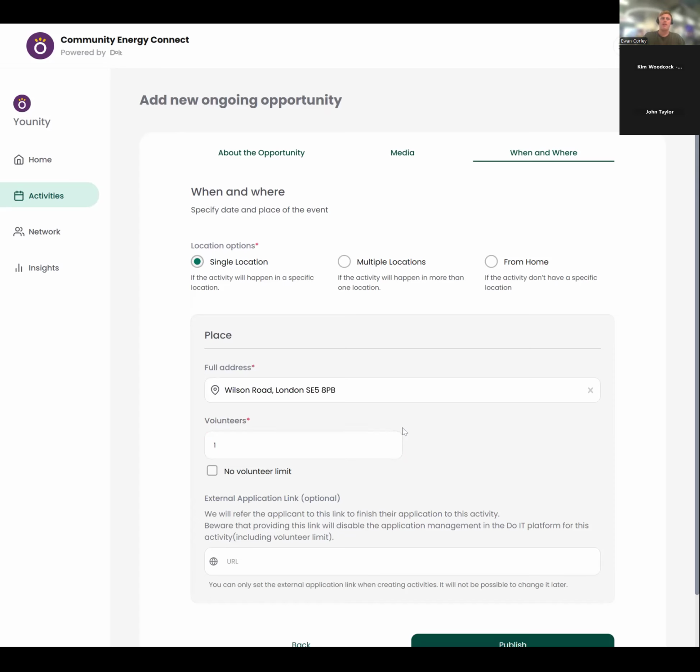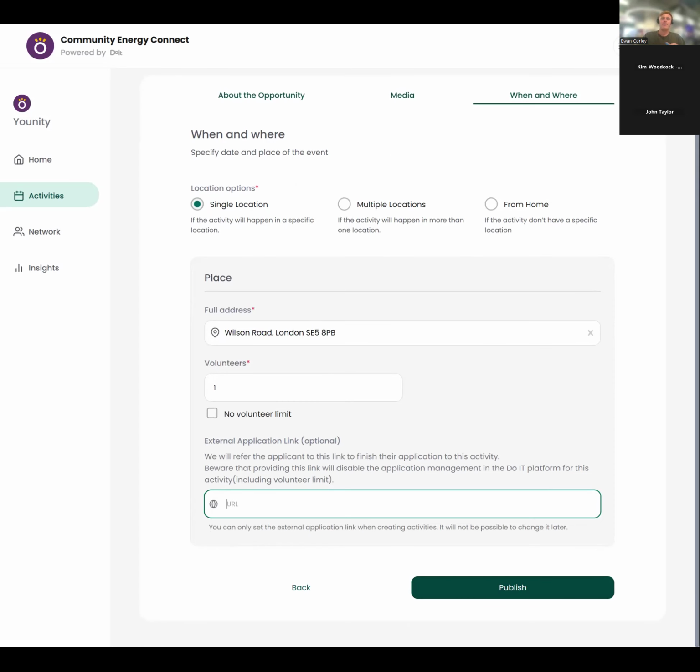for a role. And then lastly, although we really have put a push to capture as much information as possible in these opportunities, we do know that some people would have gone to great lengths to have a really professional job specification on their website, which is completely understandable. Especially as obviously this platform is going out only now, and there's been roles that have been publicized for coming months. So in order to not make that a hindrance and not to duplicate any work, you can also input